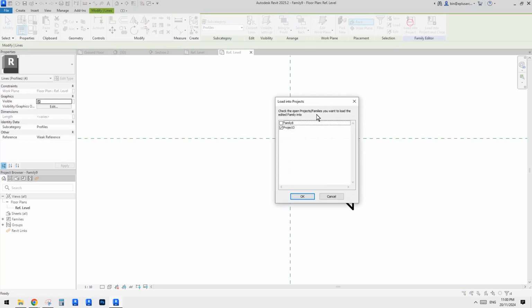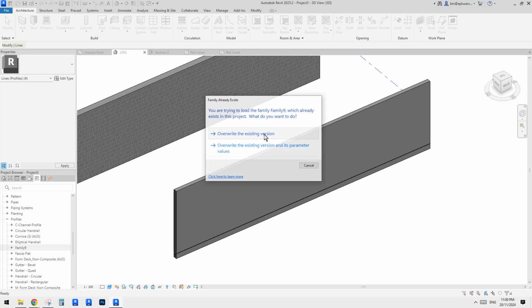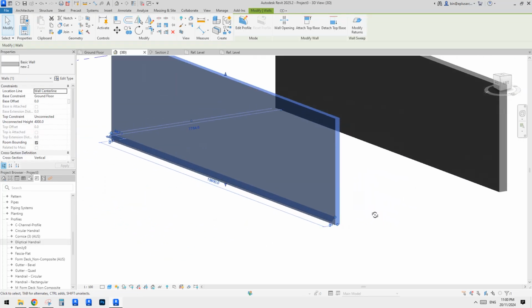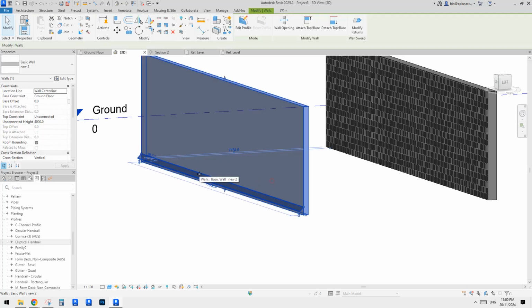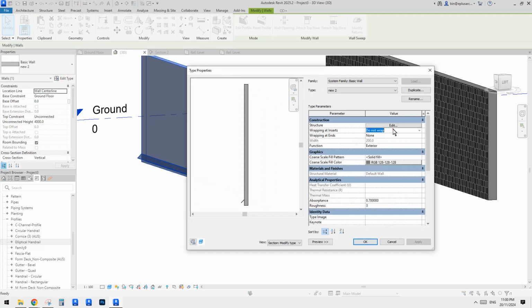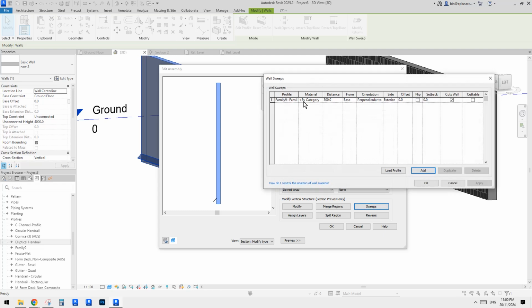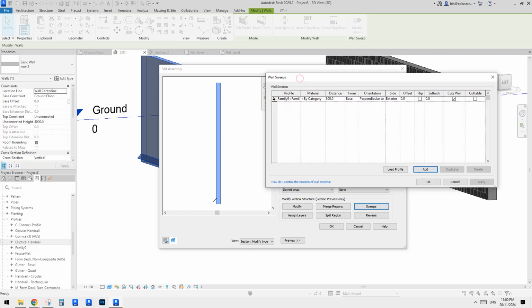Now load this one back into the project and overwrite. So now you will see, that's correct. See, that's something, right? Okay, so go back to edit the wall, edit type, go to sweep again. So here, now we can just select this one and click on duplicate, and you can just change the